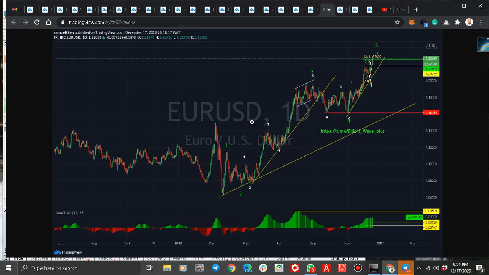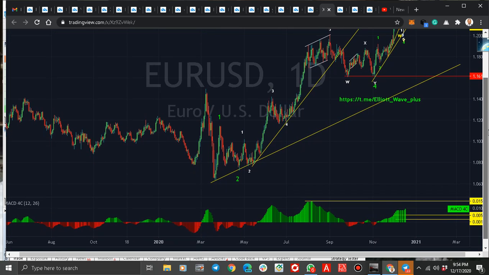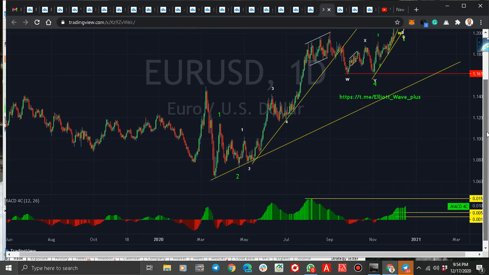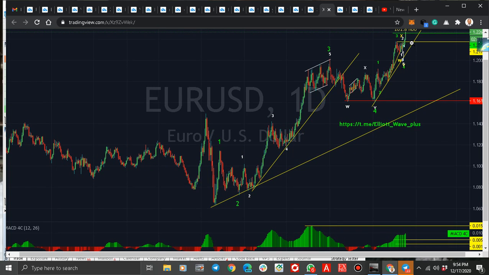Okay, Euro USD on the daily candle. Remember Euro USD, when the price was here, I forecasted that if price closes above here, we are going to come to this level. Now we have touched this level, but I can tell you we might still go a bit further before the sell will start. If we check from here to here, it's a very big move.